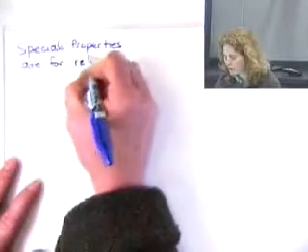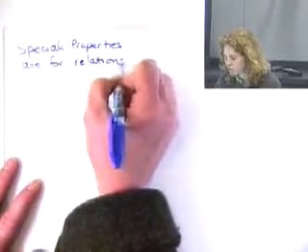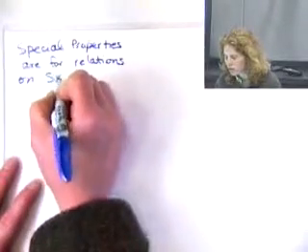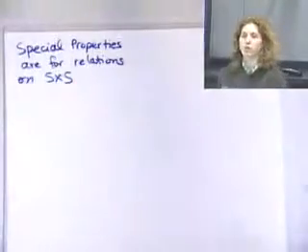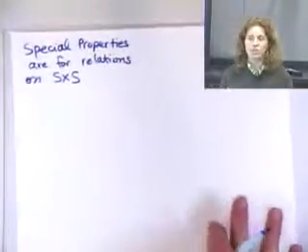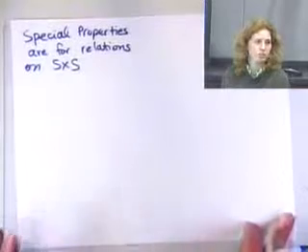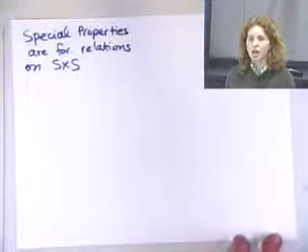Okay, these properties we're talking about, they only hold for relations. So these special relations we're talking about, special properties, are for relations on cross products of a set with itself. So it doesn't matter what S is, it just has to be crossed with itself, because I can't even talk